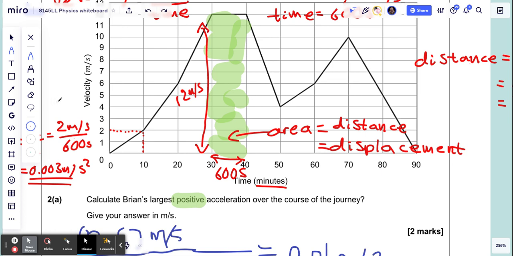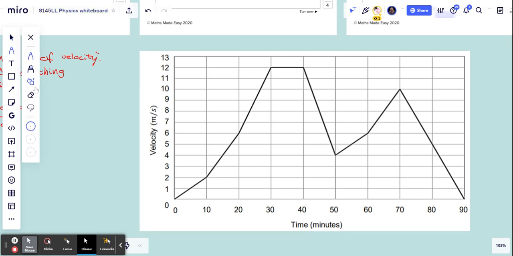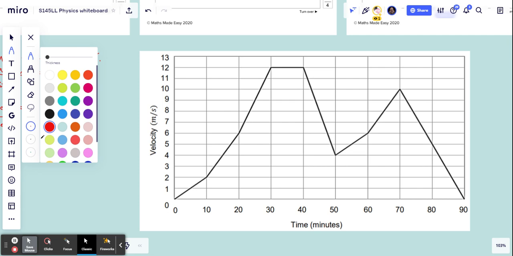In fact, I'm going to pause this and we'll look at this in a bit more detail. I've got just the graph on its own, much larger, and we're going to try to chop it up into shapes that we can calculate the area of. The area of a triangle is half the base times the height. So if we take this first triangle,